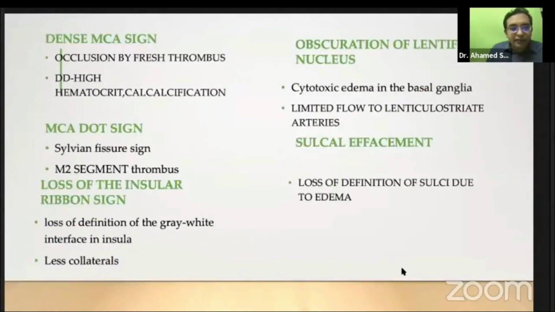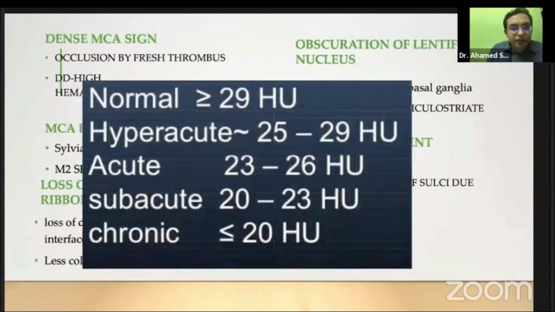And the rest of them, I have just noted down. So what happens in the CT is how you measure it, based on the Hounsfield unit. And the normal will be about 29. And when an infarct occurs, the hypodensity sets in. Actually, it sets in, it goes down up to 30.